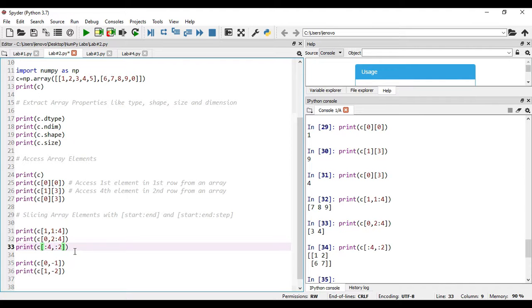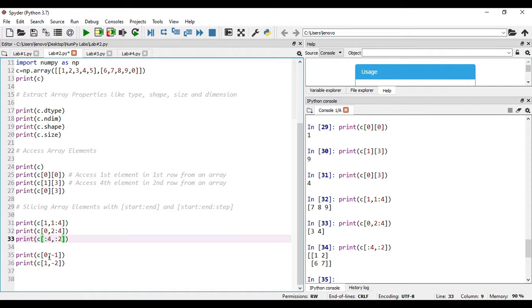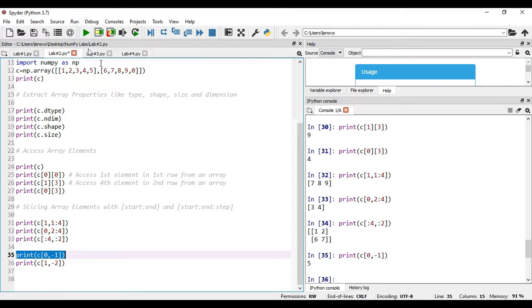Now as we have done with one dimensional arrays, even two dimensional array indexes can also be in negative values, means I can represent like this 0, minus 1. In this case, right, what happens, you see, the output will be 5. Why? Because in the 0th dimension, means in the list of 1, 2, 3 and 4, I want to extract the minus 1 element. Minus 1 index element means it will be from the right hand side, means it will be 5. So the output we got is 5.